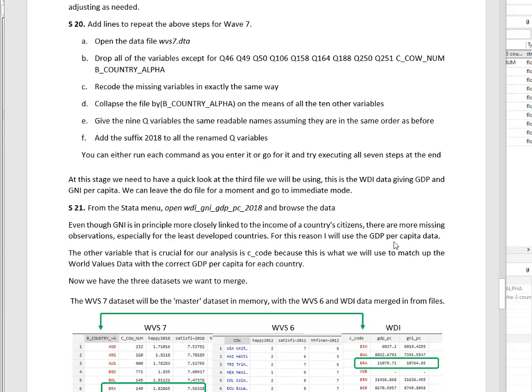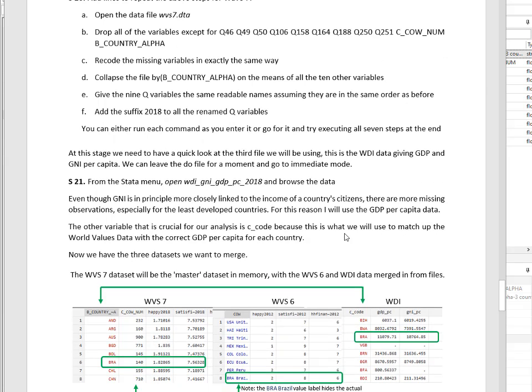Before we go ahead and do the merge, I want to have a quick look at the World Development Indicator data so you can see what we're dealing with. This is the kind of situation where the immediate mode is good because we're just having a look to work out what's going on before we put in the next lot of commands. So we don't want to store this in the do file because we'll just do it once. What we're investigating now, if we go back to Stata itself,